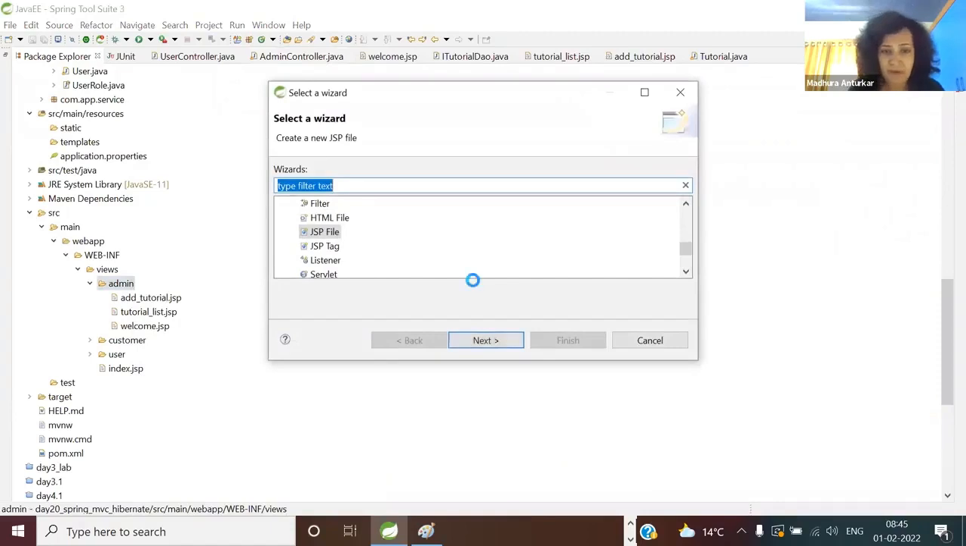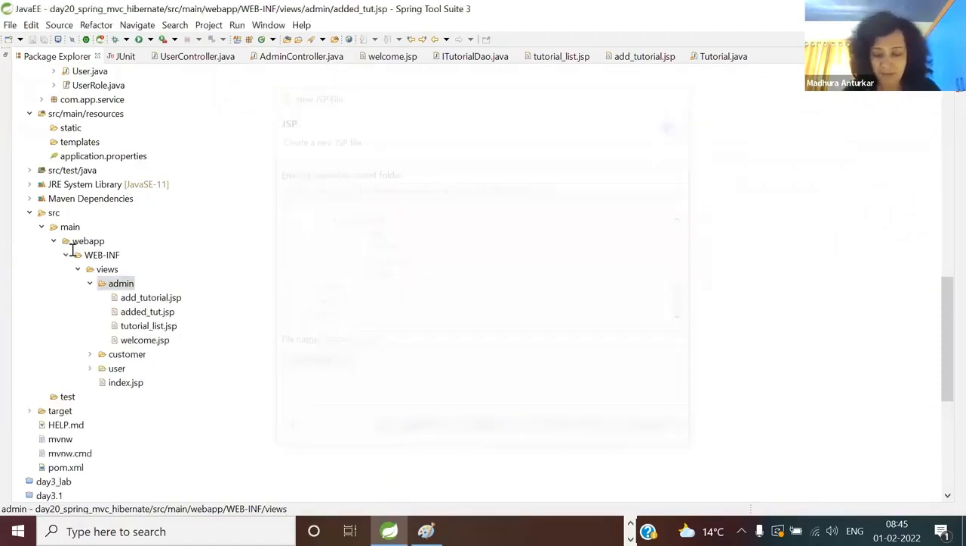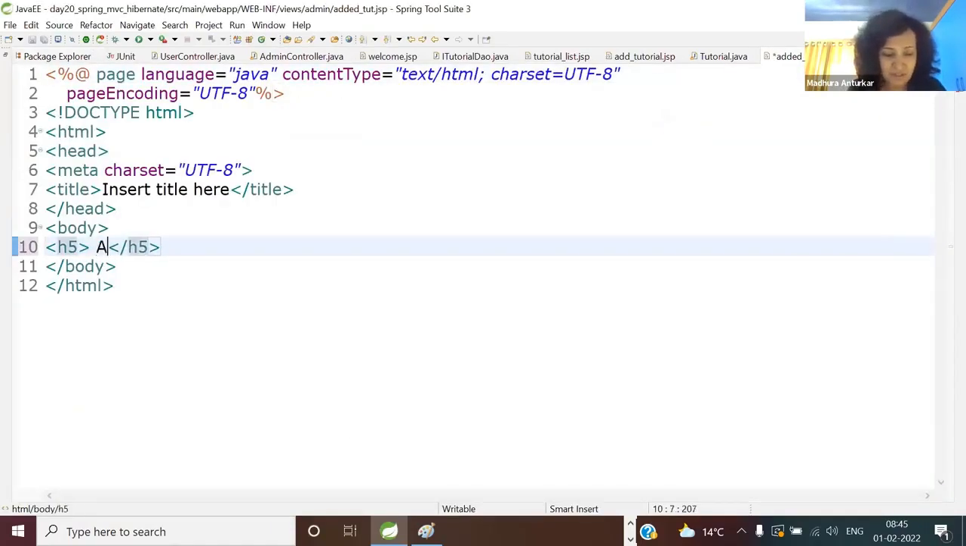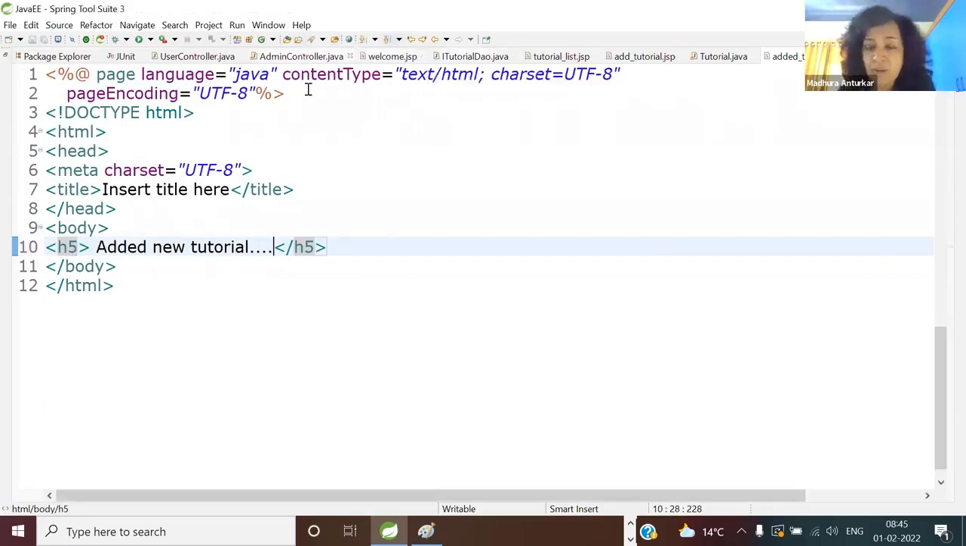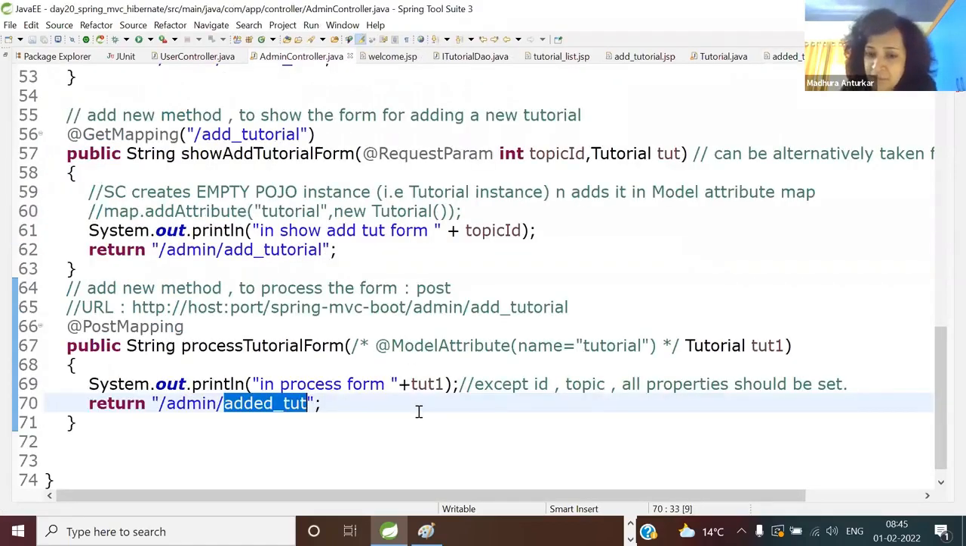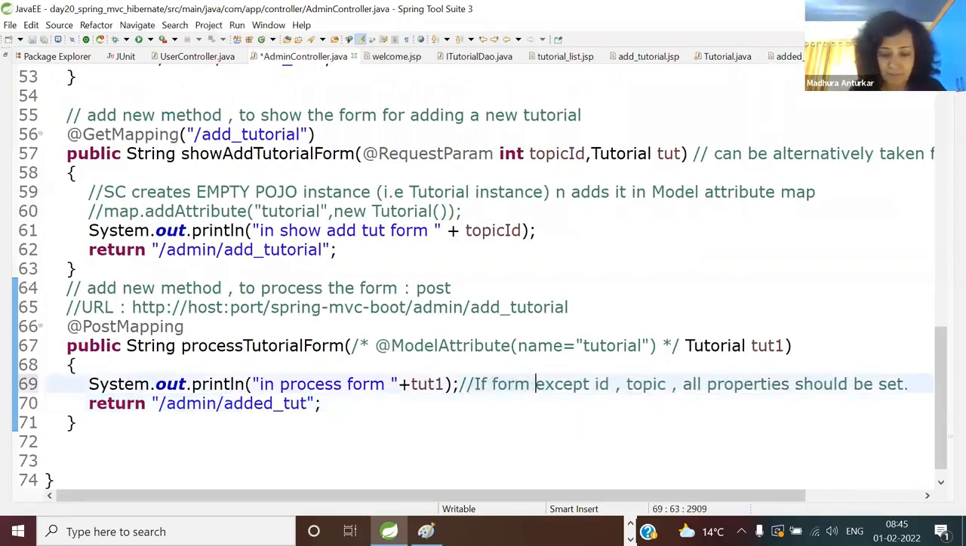GSP, attitude, and I'm just giving some test message, dummy message. Added new tutorial. Have we really added it in the database? Absolutely not. Then what is going on? I'm just confirming our form binding. So I'll say this, if form binding,